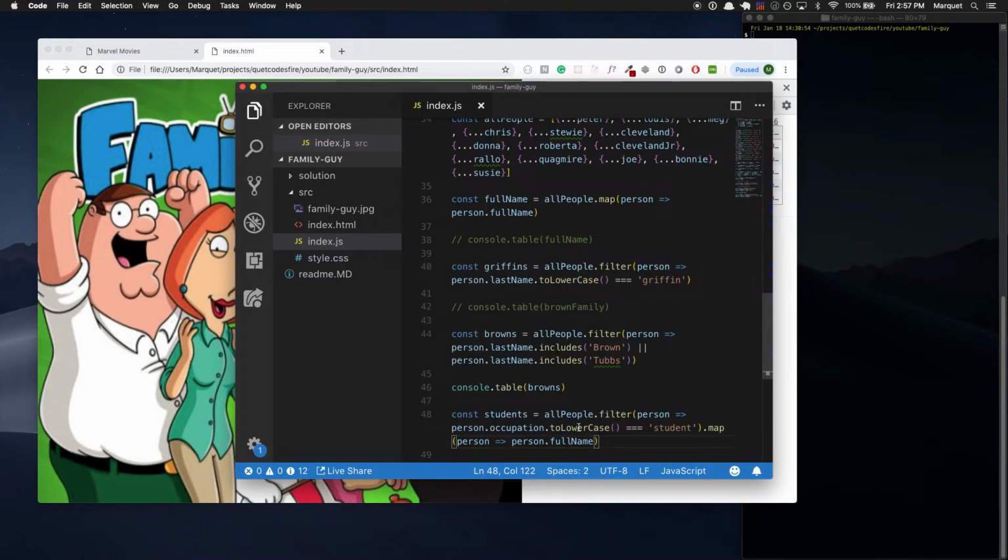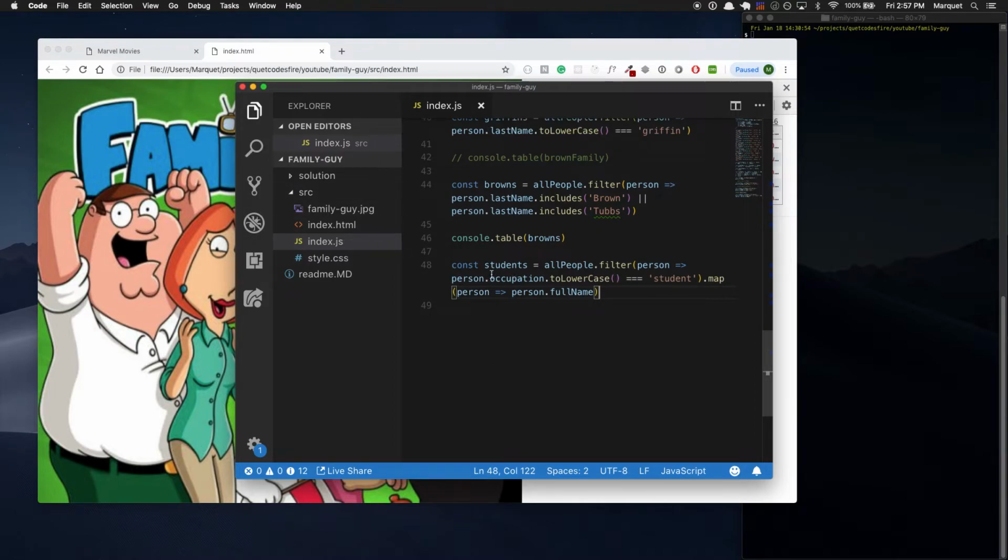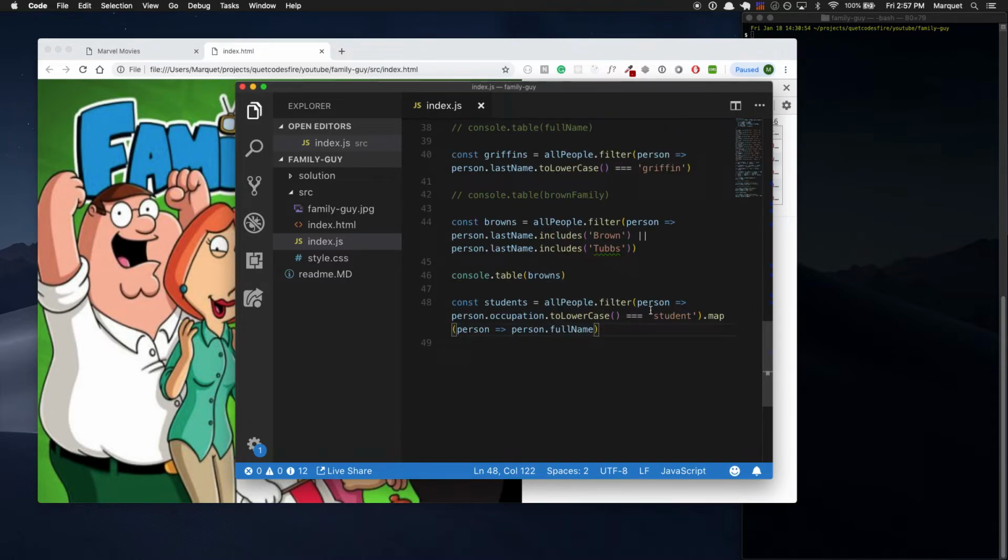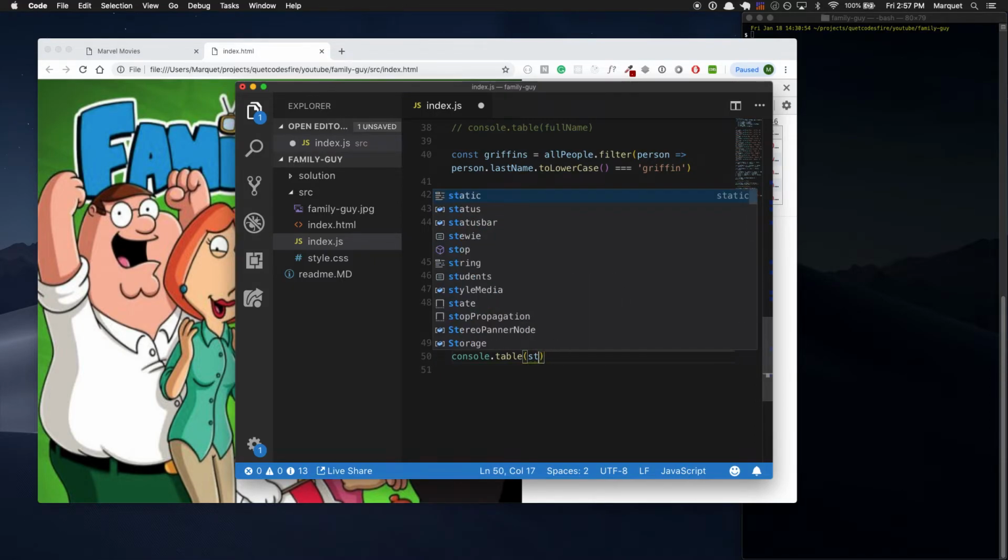Okay, great. So let's look at this again. We're creating a variable called students. We're looking through that all people array that we have. We're gonna filter it for people that have an occupation of student, and then once we return those people, we're gonna map over what's returned there. And for every person inside of that array, we're going to get their full name, first and last name. So here we're gonna console dot table students,